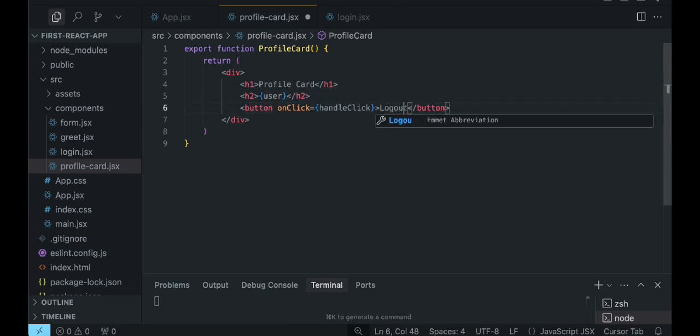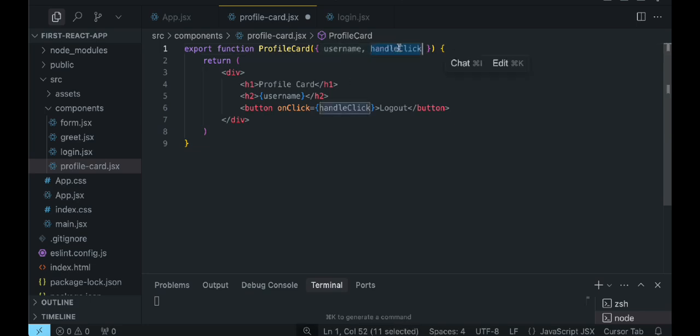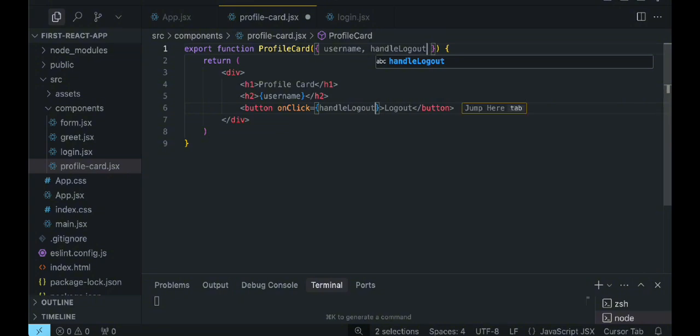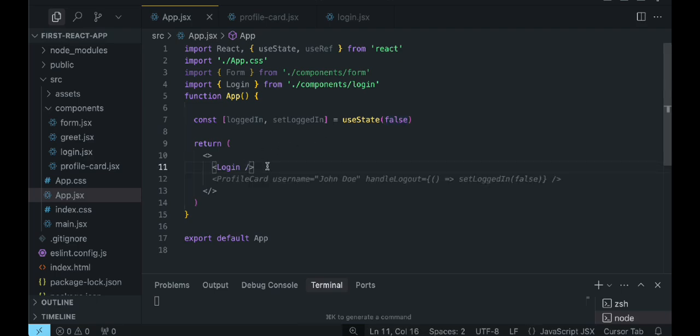Right. So I want a situation where if I log in, show my username, and if I log out, take me back to the login page. This is what we mean by conditional rendering. And this user, we're going to get the username as a property of this, and we're going to have handle logout. So if we save this, and of course we try to call it here,